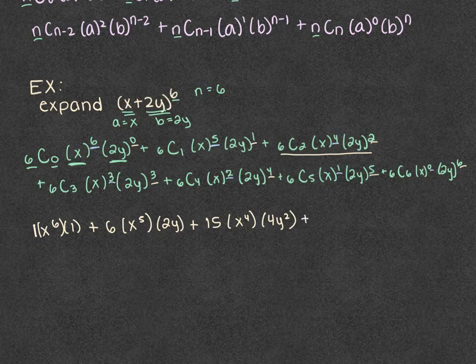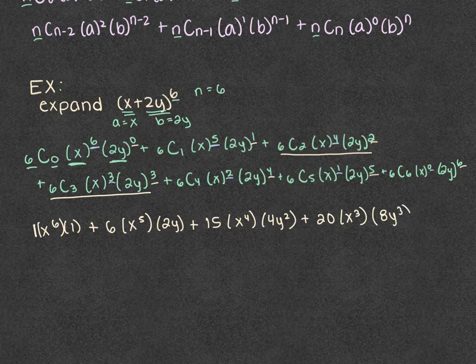And we're going to keep on going. Now we're on this one. So 6C3 comes out to 20 times x cubed times 2 cubed is 8, so 8y cubed